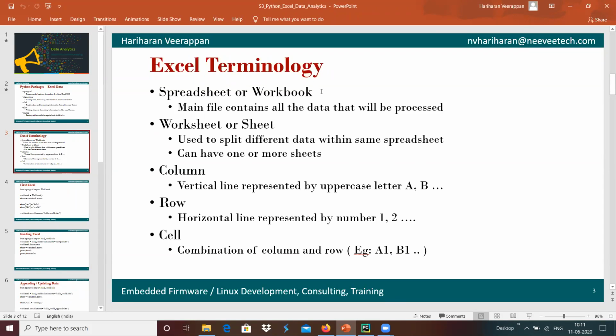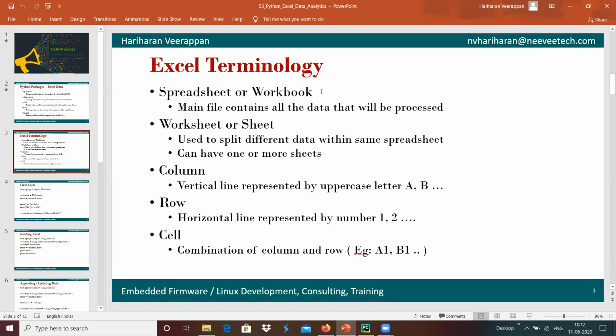For example, if we want the list of day 1 attendees, day 2 attendees, and day 3 attendees, we can have sheets for day 1, day 2, day 3. We can have different data within the same spreadsheet in Excel.